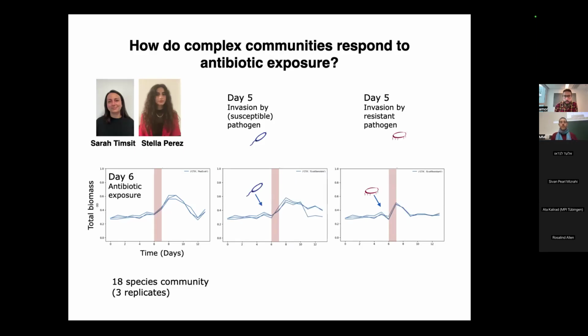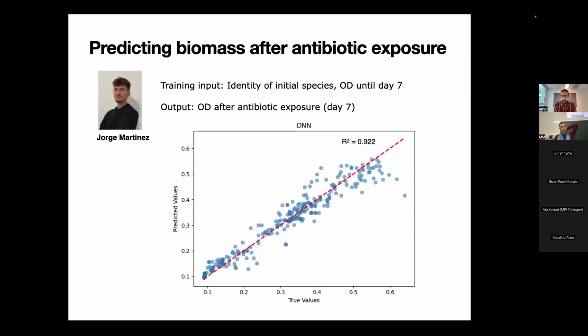So then Jorge took the data of all the communities. We have about 800 communities with different kinds of conditions: either we introduce the invader or not, it could be resistant or not, and whether we had no antibiotics or 1 out of 2 antibiotics that we tested. And just training